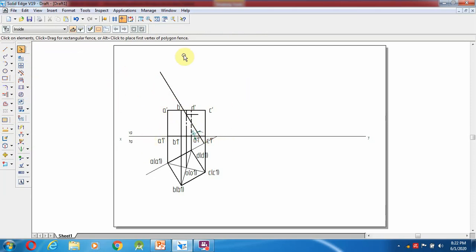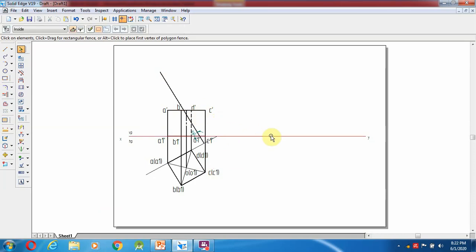Suppose the space should be available within this rectangular one, you have to take it, otherwise the print won't come over there. Same as in your drawing sheet, before doing the problem you have to identify whether the drawing will be complete within the space. Otherwise we have to reduce the scale and we can project it. So this has to be done.